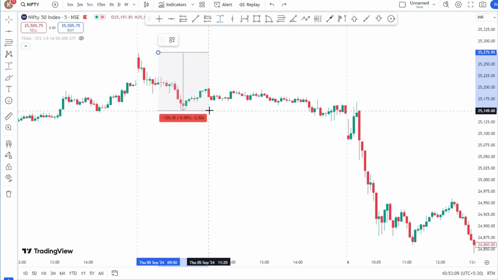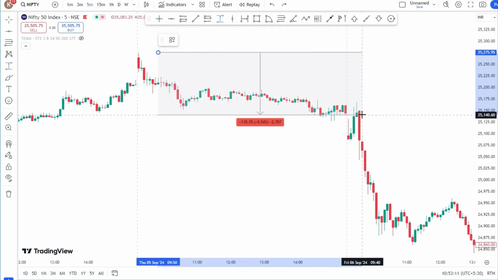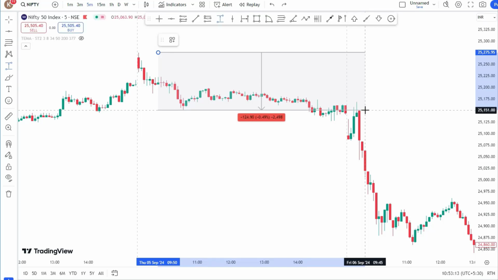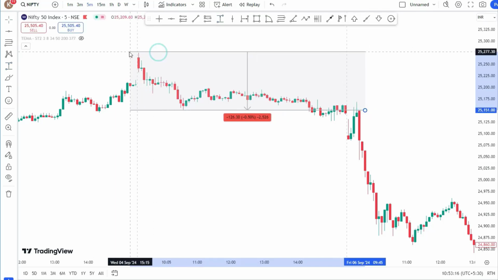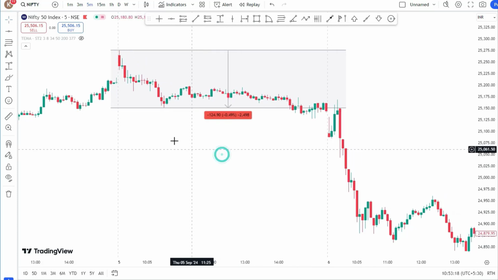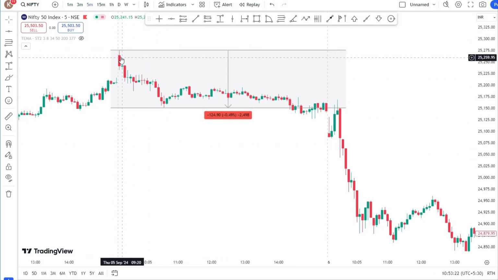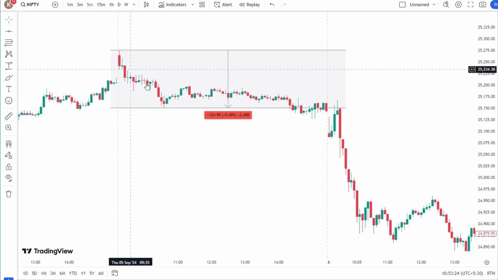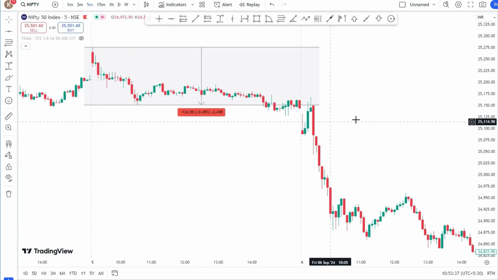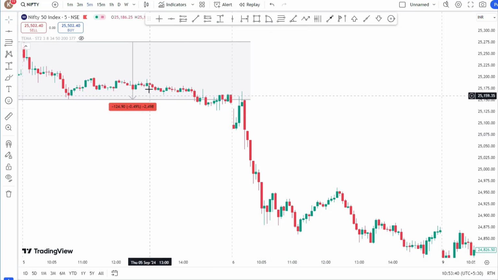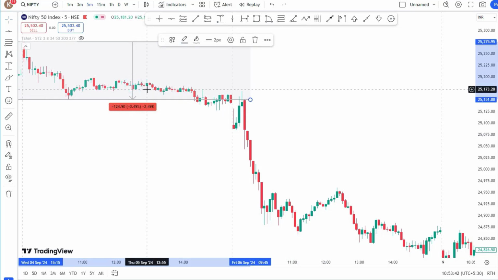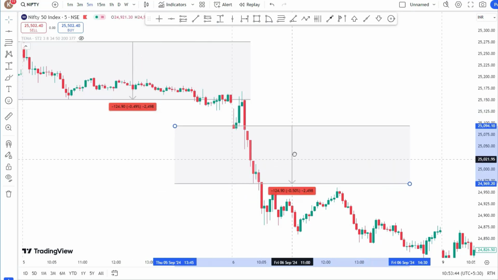So let's see. So this was my previous high and low. It is approximately the initial balance for the day, and let's see,